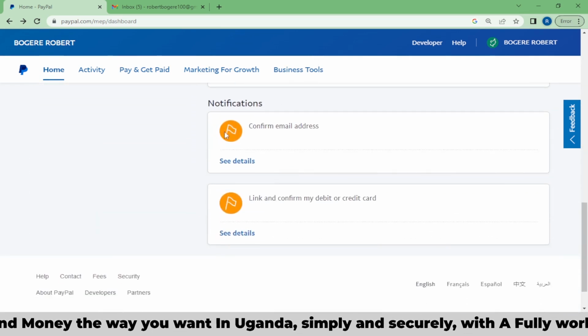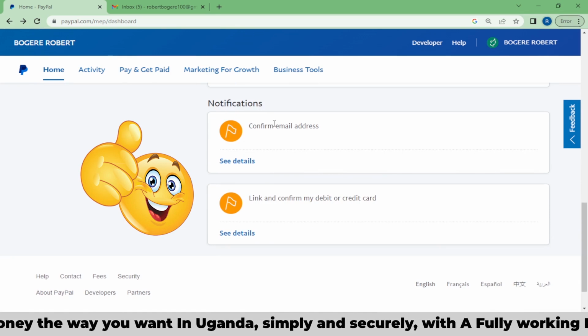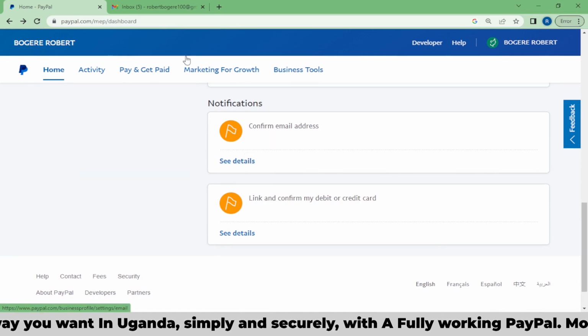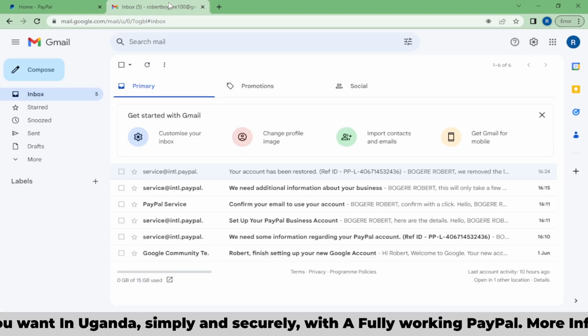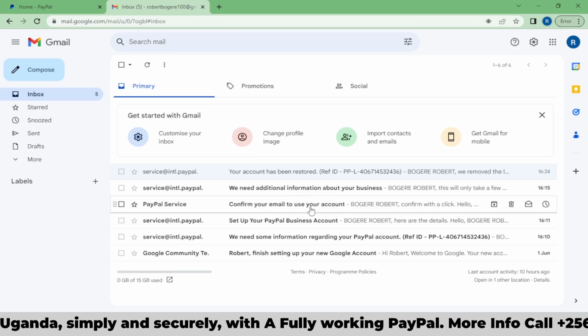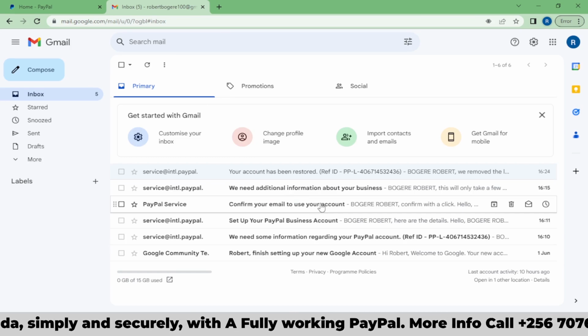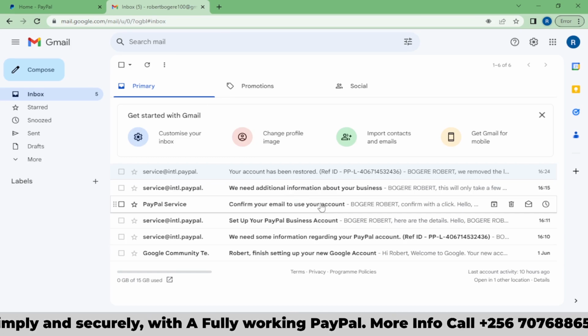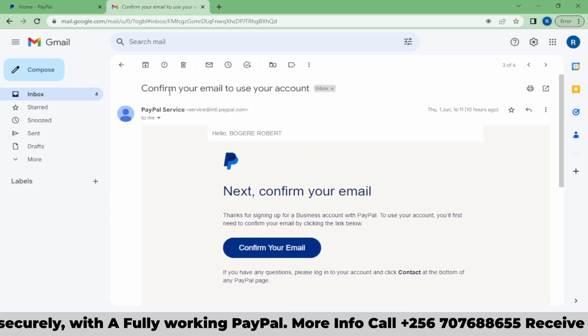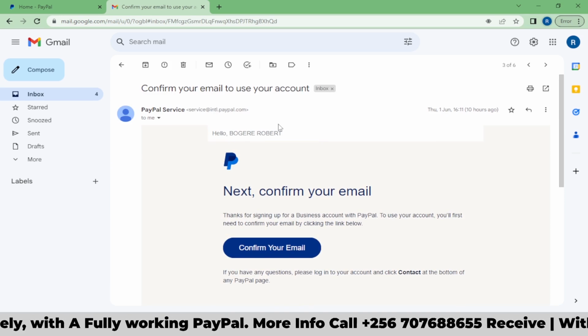Drop down where you see a red flag notifications. Then you can either confirm your email when you click on see details, or you can confirm your email when you go into the email that you used to create your PayPal account, the email that is connected to your PayPal account. I can either confirm my email when I click on the notification I have received from PayPal